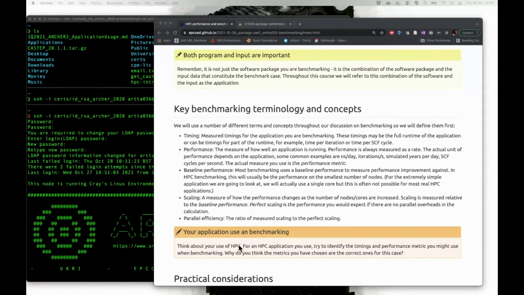Then there's baseline performance. Almost all benchmarking uses some sort of baseline performance to measure performance improvements against. In HPC benchmarking, this is usually the performance on the smallest number of nodes possible to run your application on. In our case, for the simple example we're going to use throughout this course, we can run on a single core and use that as our baseline, which is sometimes thought of as the ideal baseline in HPC benchmarking,